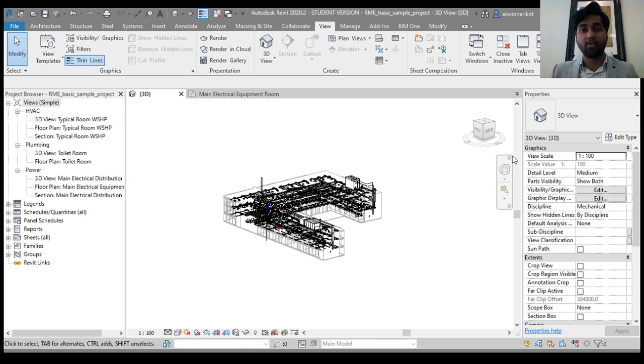In case you're not planning to use the navigation bar, you can just untick it so that it won't be visible in your drawing window. Okay,